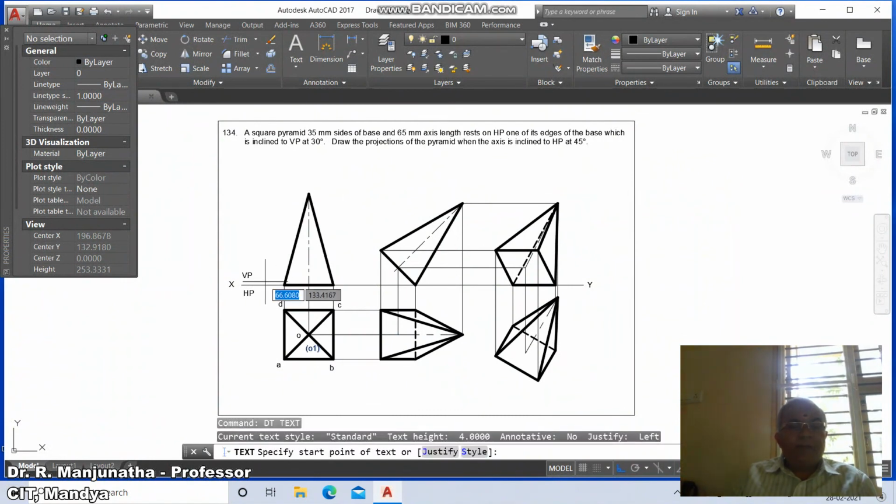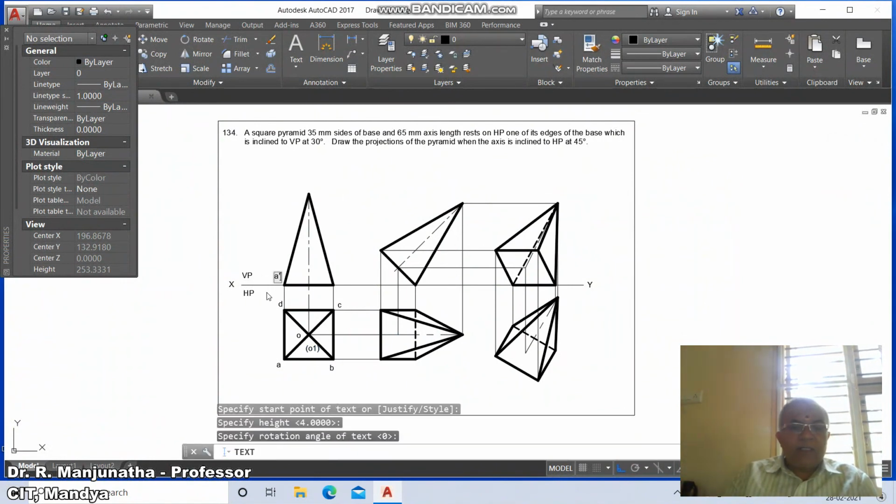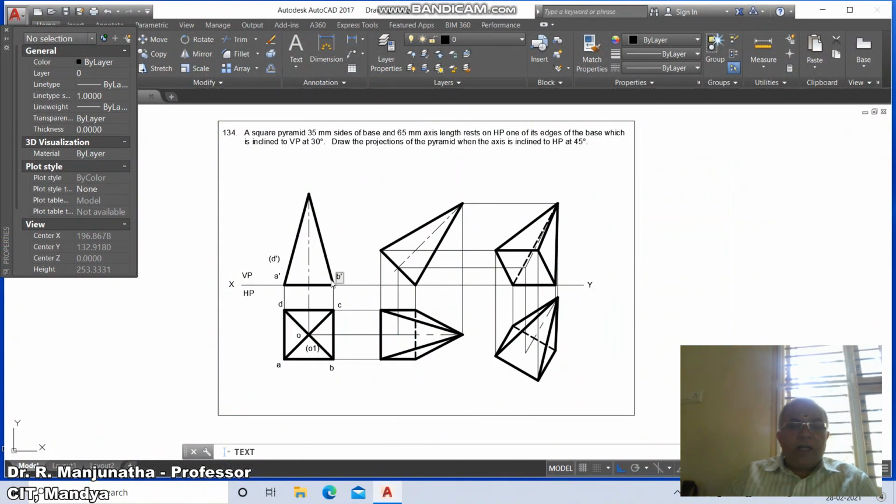Similarly, the text here is A dash and then D dash in bracket, here B dash and then C dash in bracket, then O1 dash in bracket, then O dash in bracket.